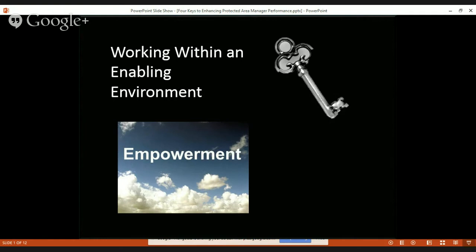Oftentimes the people that we work with may not even be within the same division, the same region, or even the same agency, but are the source of good ideas and resources and so on. So we have to empower managers to work with them, and we have to empower managers within. That is, to give them the time and the developmental resources needed to enhance their values and their beliefs about